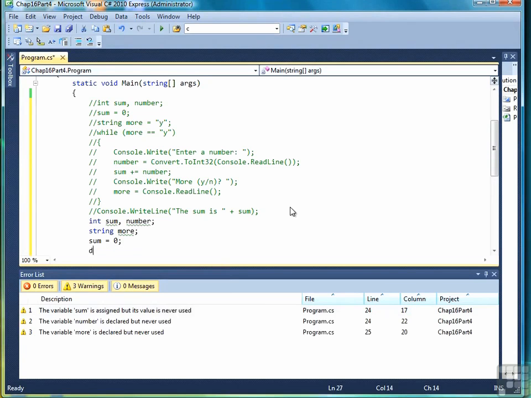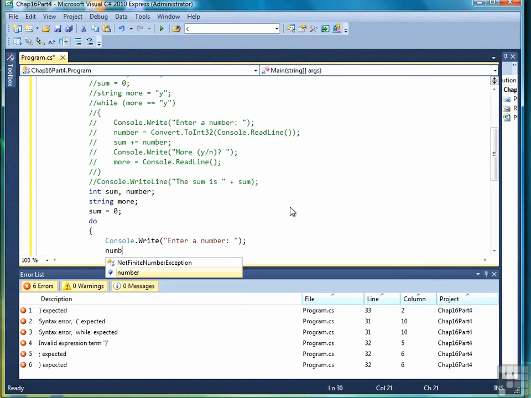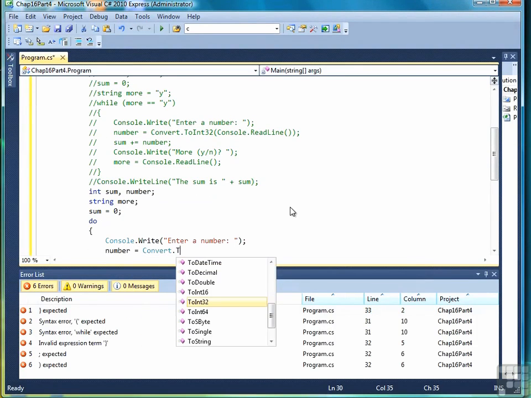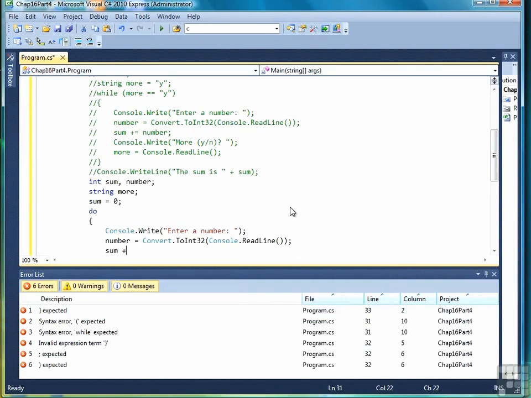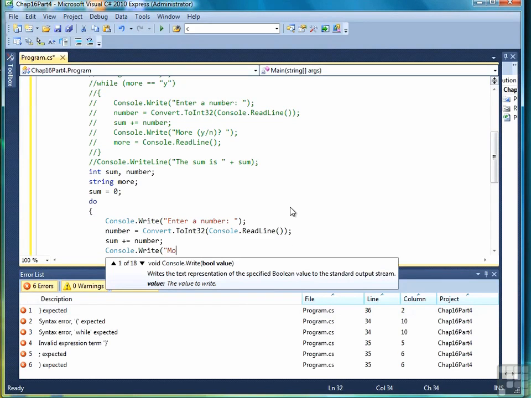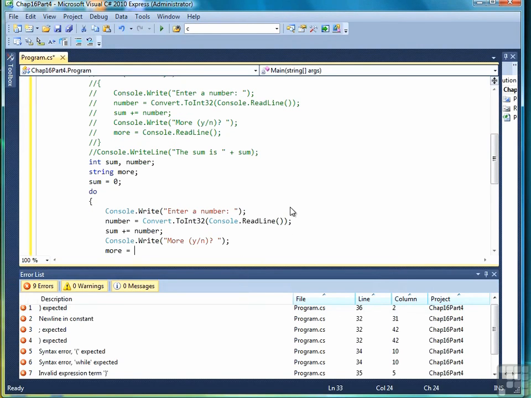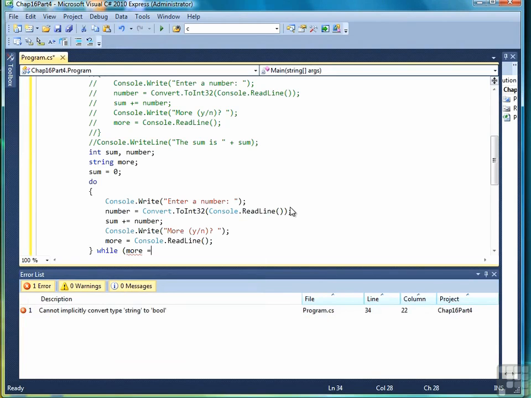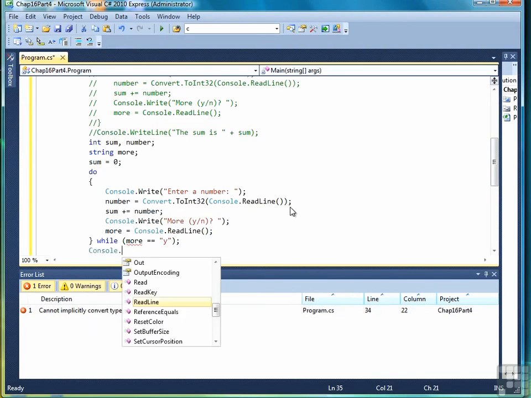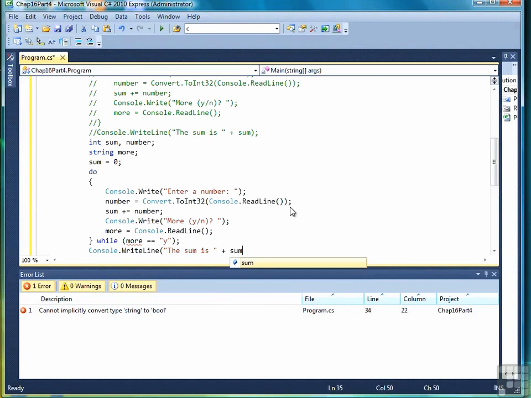Sum equals 0, do, Console.Write "Enter a number", number equals Convert.ToInt32(Console.ReadLine()), sum plus equal number, Console.Write "more, yes no, question mark", and then more equals Console.ReadLine(). While more is equal to yes. And then Console.WriteLine, the sum is sum.